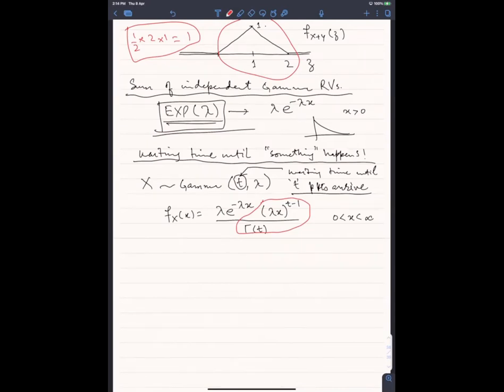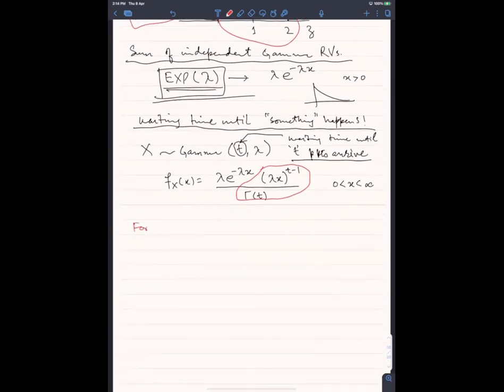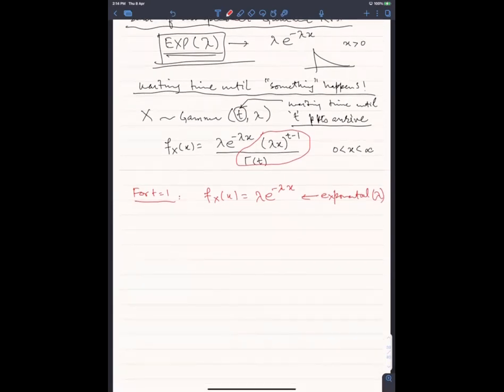So for t is equal to 1, f x of x would be equal to lambda e to the minus lambda x, which is the same as exponential distribution with parameter lambda. Okay, we have not proved this either. But let's take a look at this guy. What is this gamma t? What is this constant? In order to find this constant,